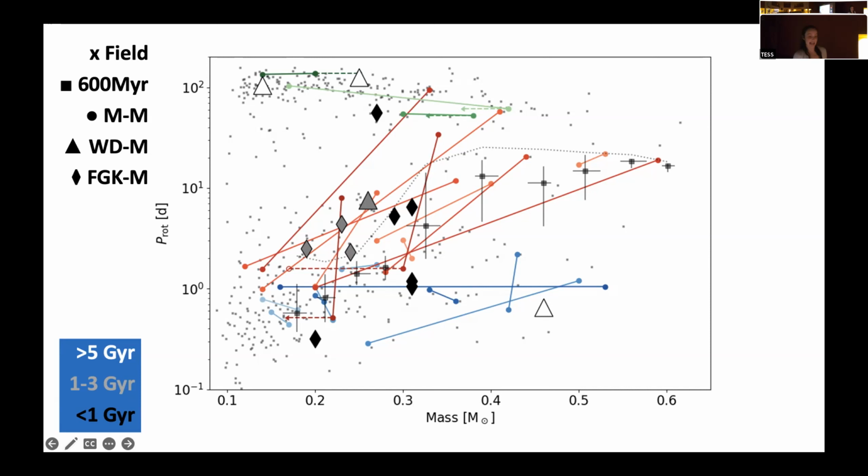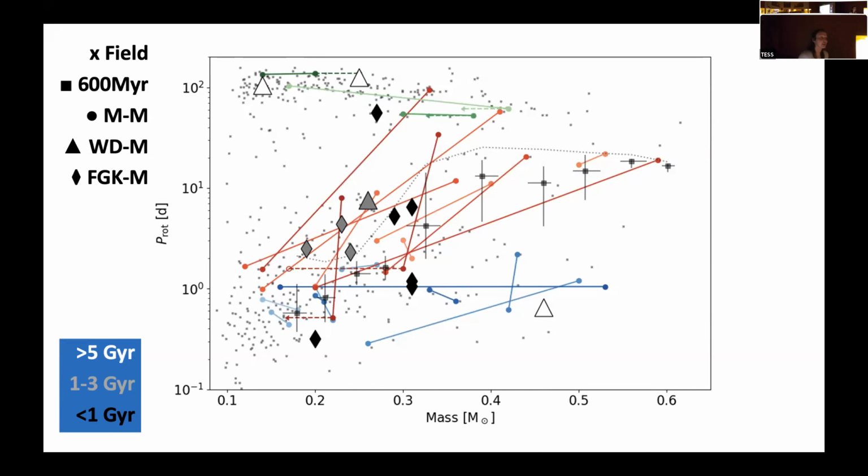So what you're seeing is that the rapidly rotating sequence from Praesepe at 600 million years has slowly begun to spin down over the course of a couple gigayears, but it hasn't made that jump to that slowly rotating sequence yet. Meanwhile, for the very young stars, less than a gigayear, you see a huge dispersion in their rotation periods. And in particular, you see this one that has already made that jump to the slowly rotating sequence by about 600 million years, which maybe is odd, because at the beginning I said that we had all this data from Praesepe when there hadn't been stars like that in that sample.